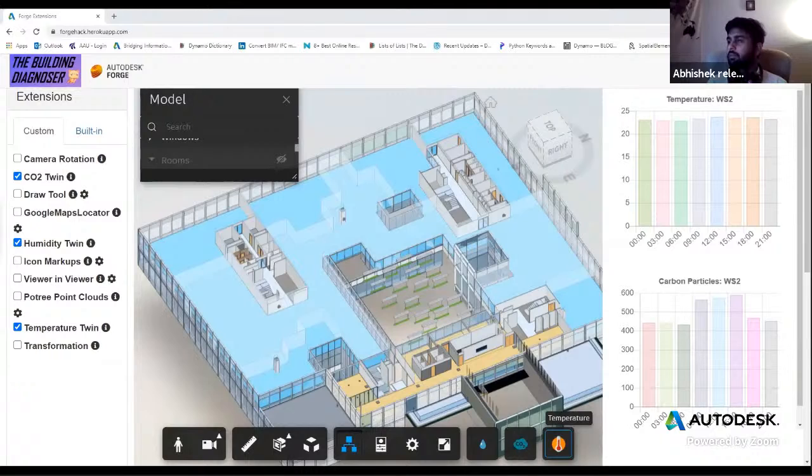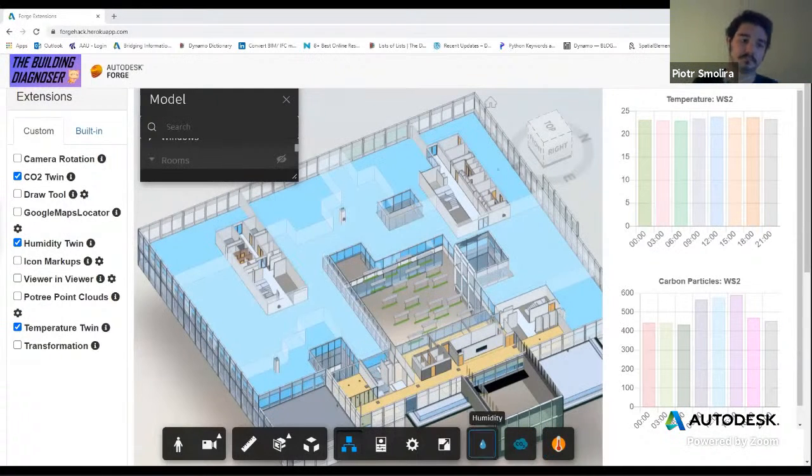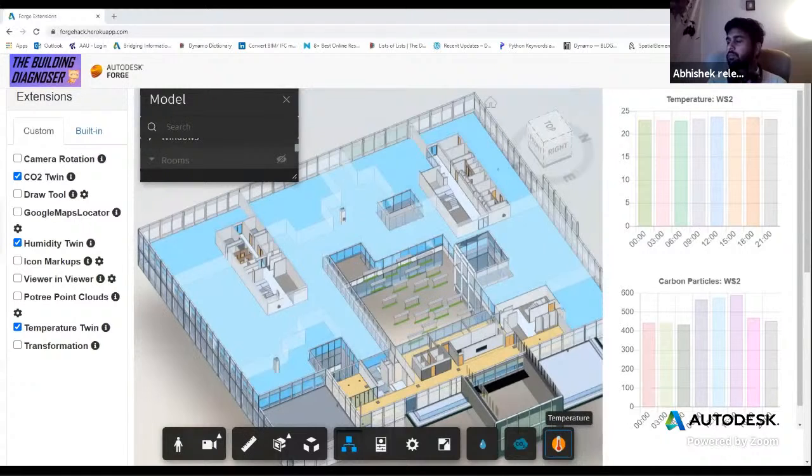But to communicate this data to different stakeholders, we need a visualization. So we built extensions: temperature extension, the CO2, and the humidity. So this app contextualizes the BIM model with the sensor data and relates it to the different spaces of the building. So on clicking the extension, we can see the change in intensity of the temperature values,